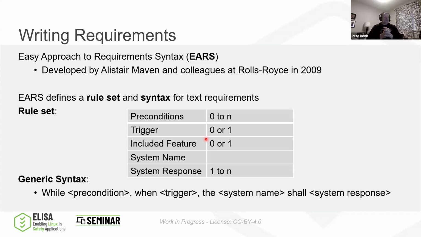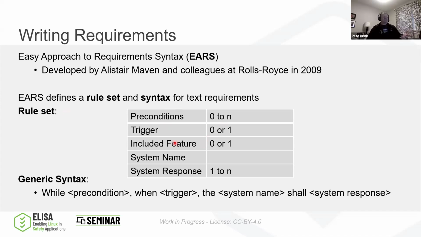I haven't done it, but I should: we can write something in Python to go through and parse a requirement, and then evaluate whether it complies with the syntax first and foremost, but we can go through and evaluate it further. So we have a rule set.